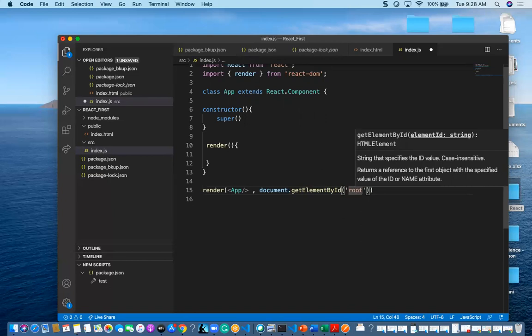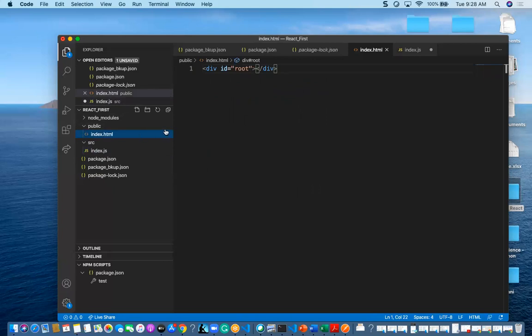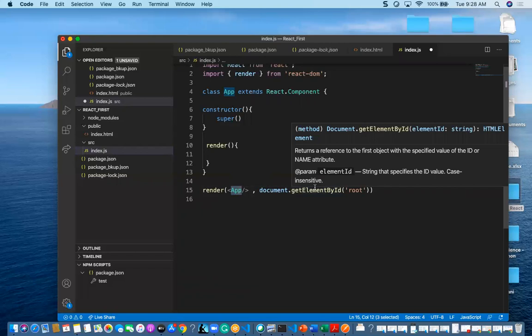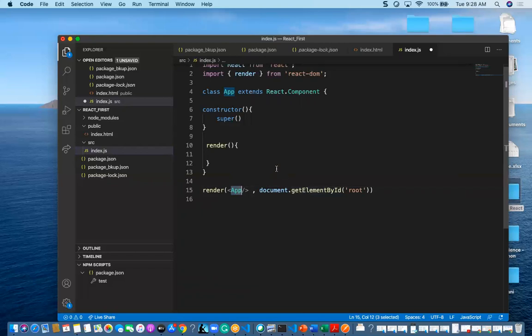So this is how you route your application to the root, and this root is the one which will be hit and displayed. All your app.js, whatever you have created here, is the main component. So this component is going to get the details here, and this will be routed to the document.getElementById.